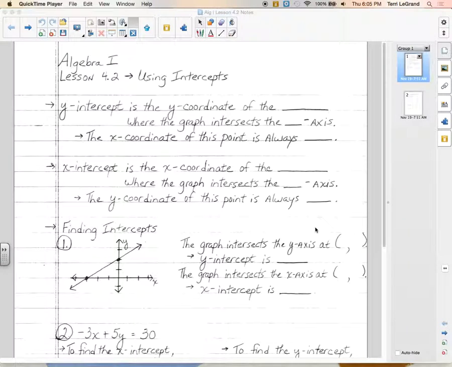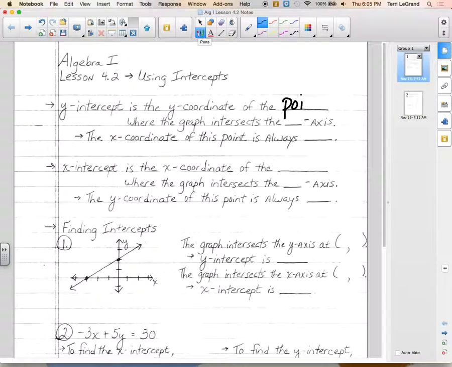Lesson 4.2, where we're going to be using the intercepts to help us graph our linear equations. So we first need to talk about what intercepts mean. Well, the y-intercept is the y-coordinate of the point, the ordered pair, where the graph intersects the y-axis. So when they're asking you for the y-intercept, you're giving them the y value of that point where the line